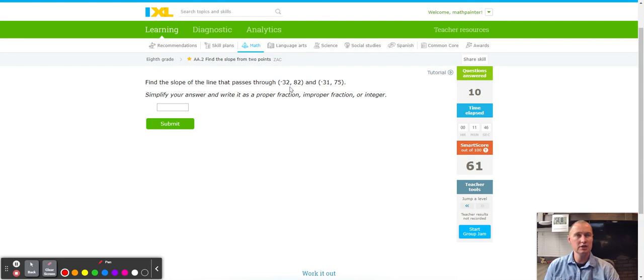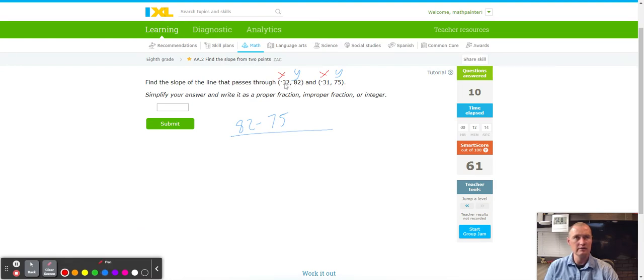Now, numbers have become larger, and also they've thrown in negatives, so careful as you go, okay? So we got x of negative 32 and x of negative 31, and a y value of 82 and a y value of 75. Y values go on top. We have 82 minus 75